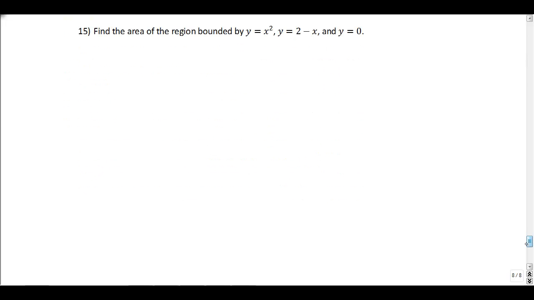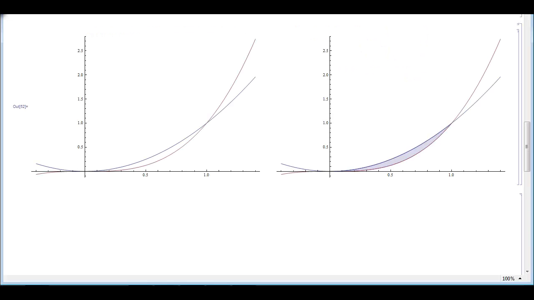Okay, here's another one. Find the area of the region bounded by y equals x squared, y equals 2 minus x, and y equals 0. So what we have, I'll just sketch this out and then show Mathematica. We have y equals x squared, some kind of parabola. Y equals 2 minus x is some line, and then y equals 0 is some line here. So now, actually this 2 minus x goes there. There's a little bit of a question here. So let me show you the Mathematica